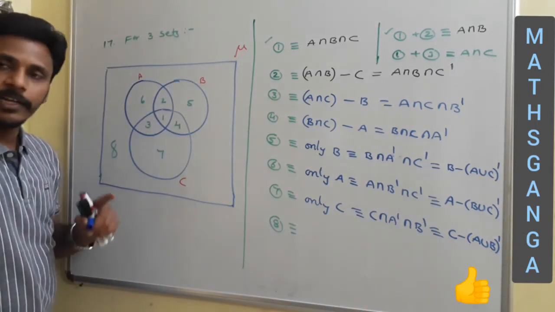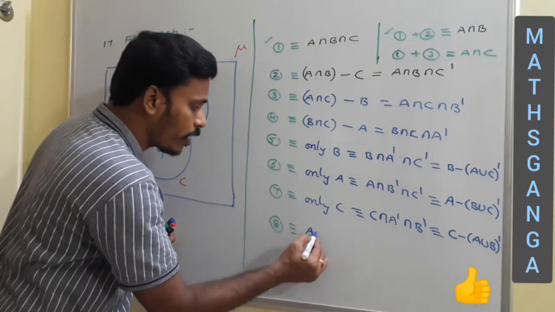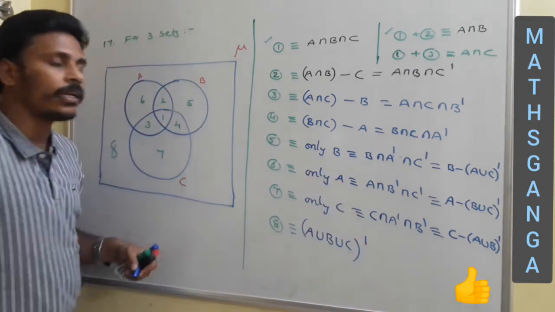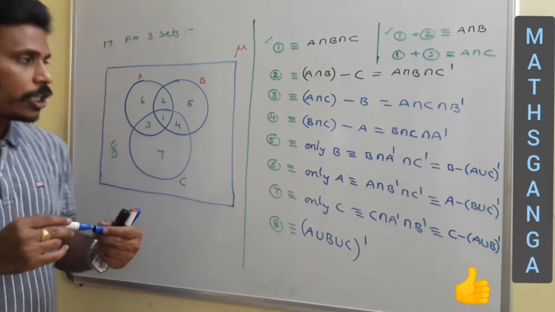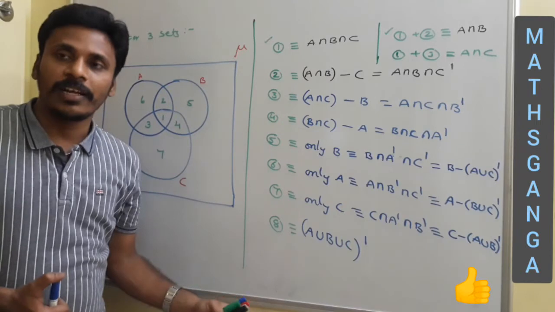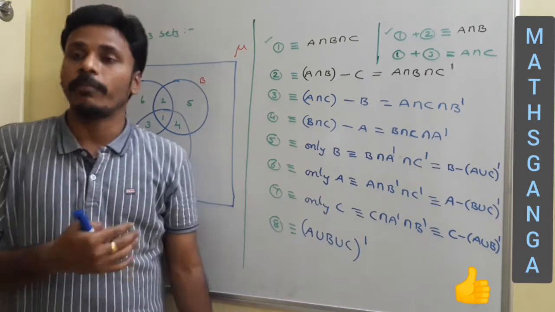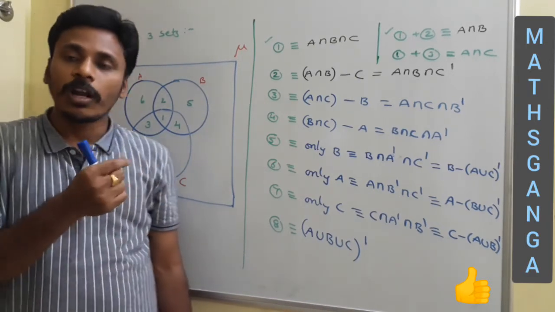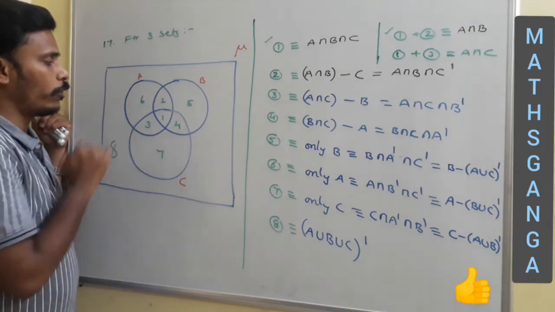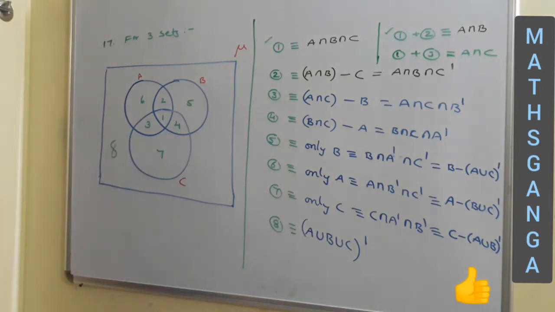Whereas coming to region 8, think about it. This region 8 is completely outside of the diagram. So A union B union C complement is region 8, outside of those 3. Okay, I mentioned the regions 1, 2, 3, 4, 5, 6, 7, 8, and the set representations related to A, B, C. See, there is still much to discuss. By combining 1 or 2 regions, I need to search for the name. Suppose I take these regions 1, 2, 4, what is the name for that? Just have a look at first, and then I will discuss the remaining.